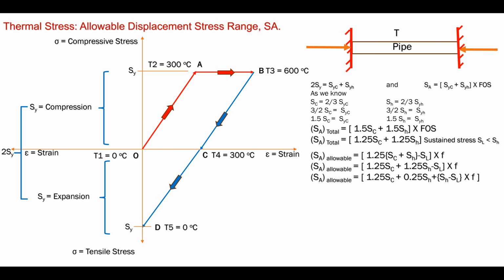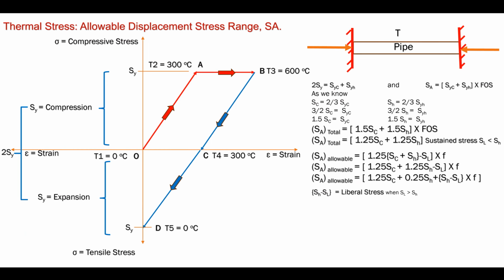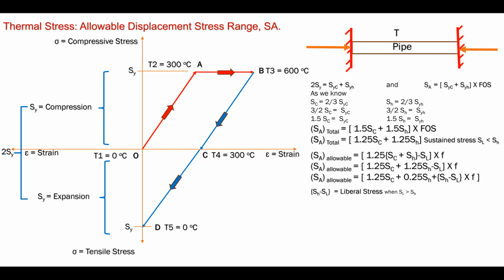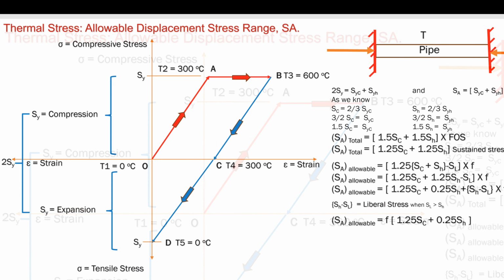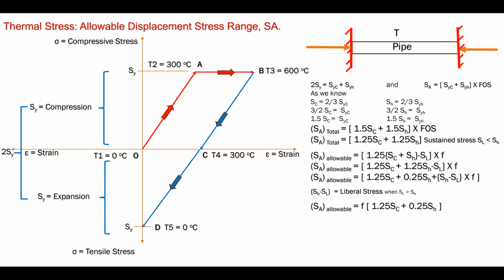Here SH minus SL is called the liberal stress when SL is greater than SH. So the allowable expansion stress range without liberal stress, when SL is greater than SH, will be F into 1.25 times SC plus 0.25 SH, which is our required formula, and this formula is applicable for low pressure piping up to